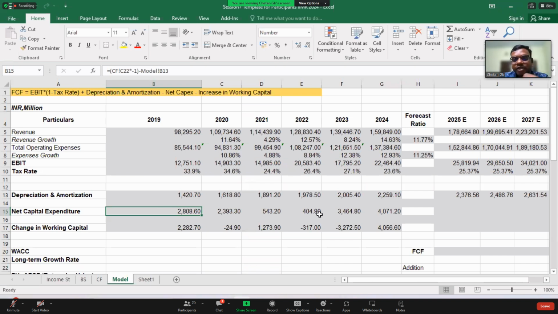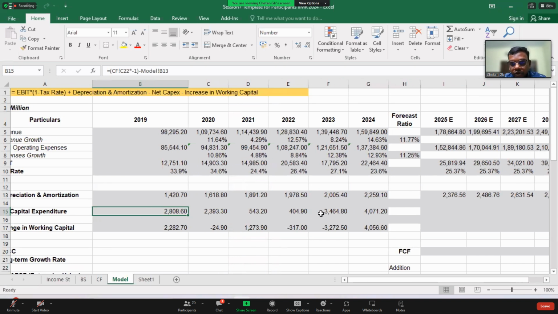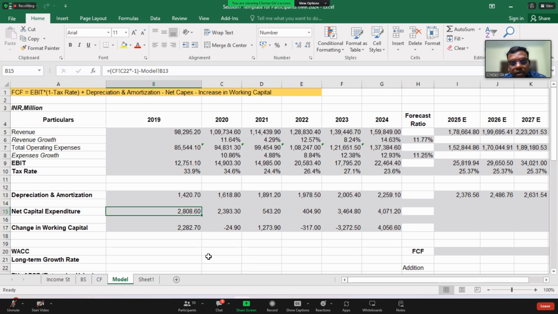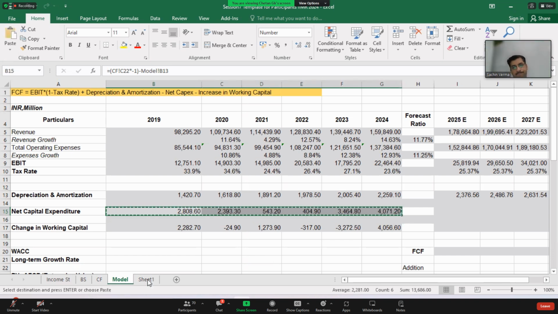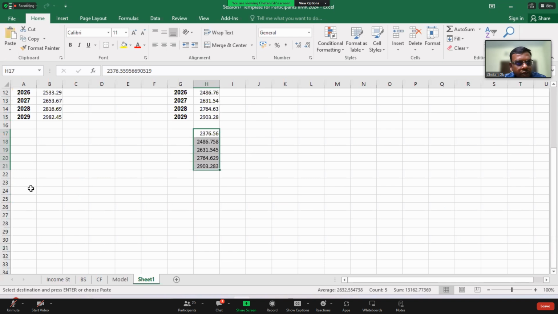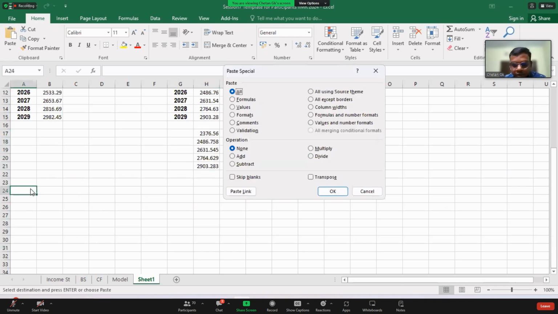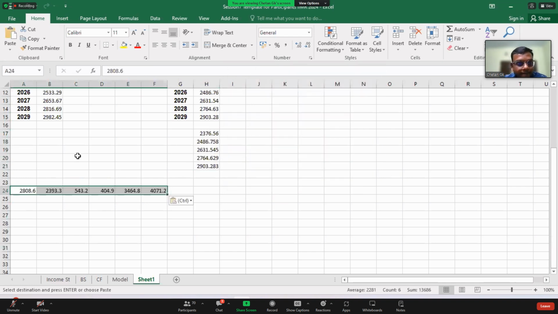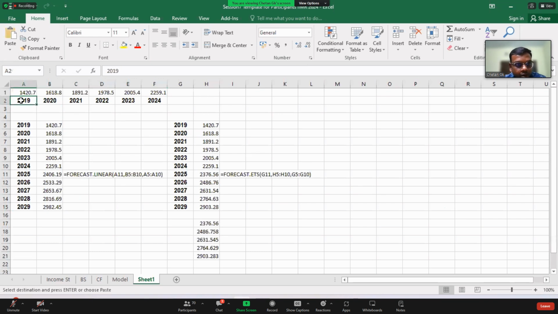So net capital expenditure, difficult to forecast. Okay. So I do the same method I did just now. So I go here, paste it, or Control Alt V. Go fast, do it fast. Okay.